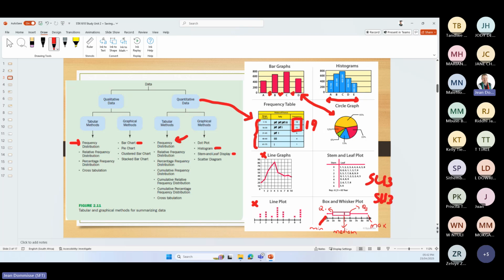And stem and leaf, box and whisker, and frequency tables, those are nearly the 3 tables that they love to ask the most. So if you look at frequency, stem and leaf, box and whisker, those are the questions that will be the most asked in your mock assignment and in assignment 1. Those are the ones that they love to ask the most.